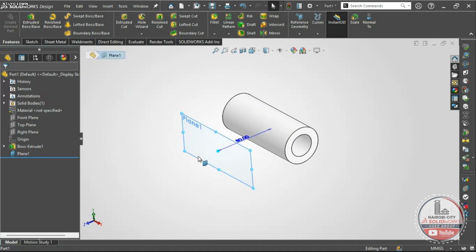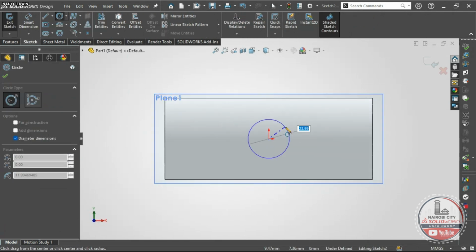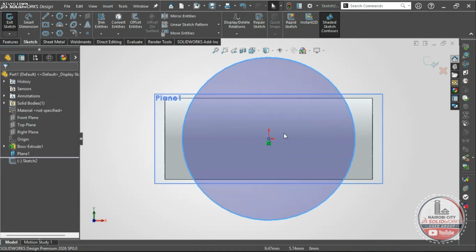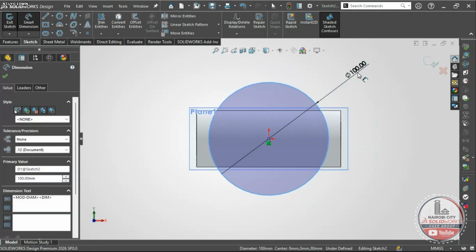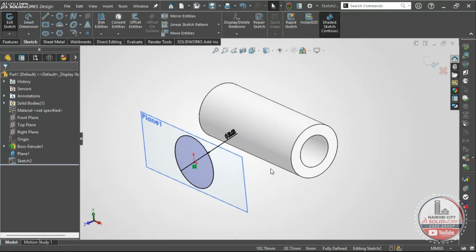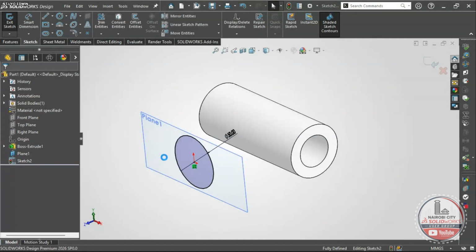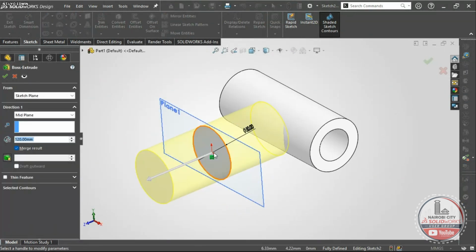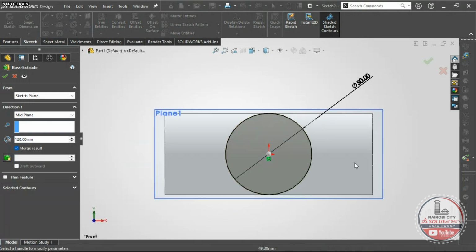So when I tap on plane 1 and tap on sketch, I just need to come to this circle, and I give in my smart dimension of 50 millimeters. That is the diameter I'm having at the moment. After having this, I can extrude boss. This is the sketch, and then I say extrude boss. And when I just extrude boss, you'll find that